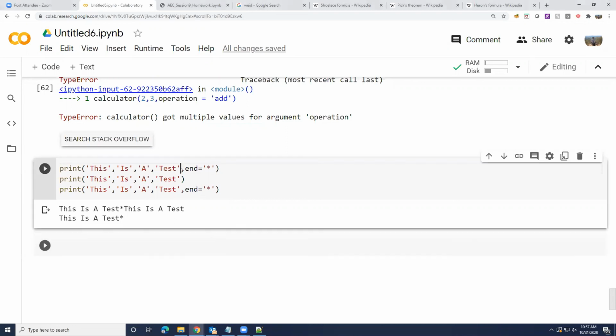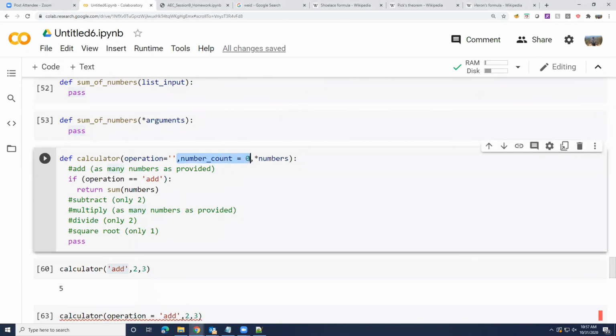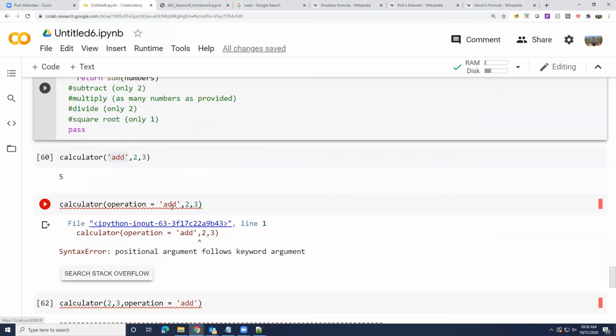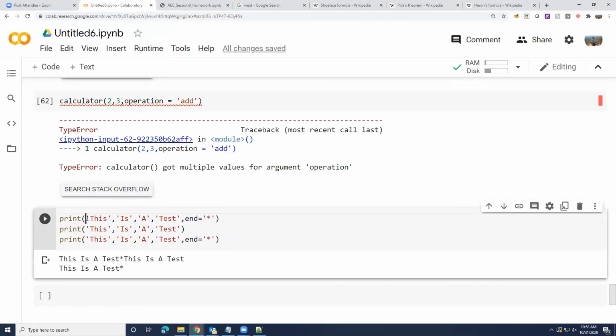So for this function that I created, when I had operation equal to empty string and a variable number of numbers as input, when I called it with operation equal to "and" at the beginning or at the end, it didn't work because it was complaining. But for this print function, which as we know accepts a variable number of values, I called a named argument. Yes, absolutely. So print's already guessed it, right?